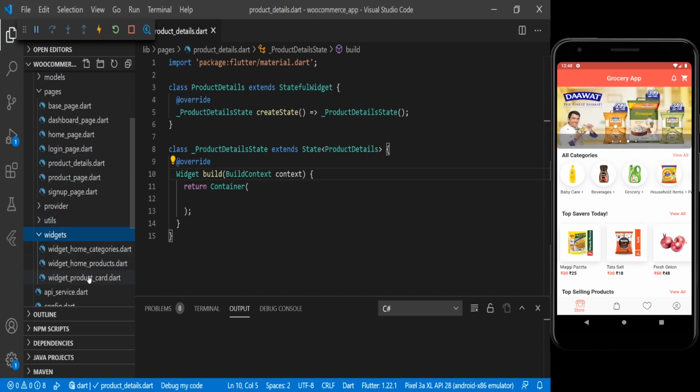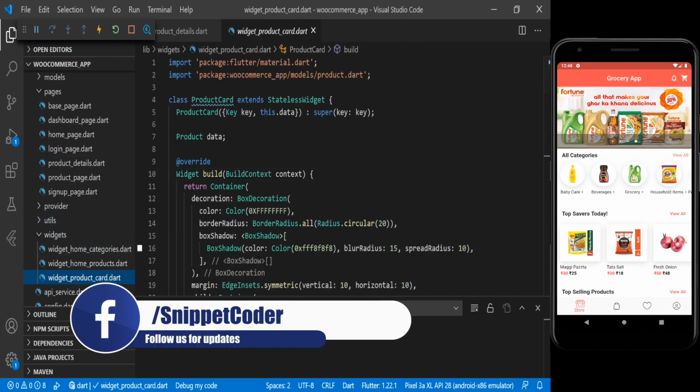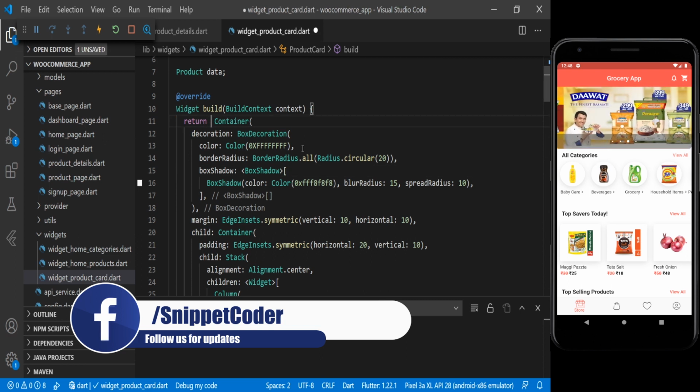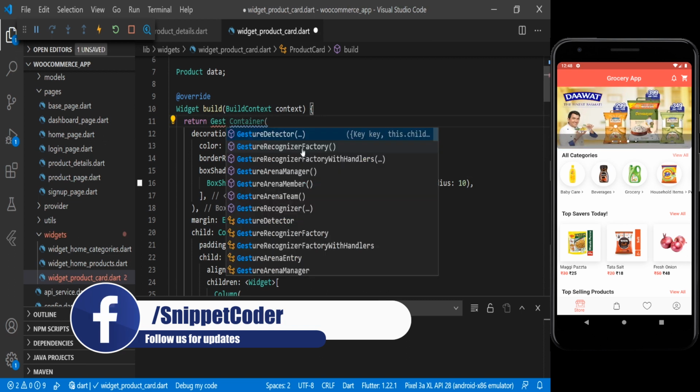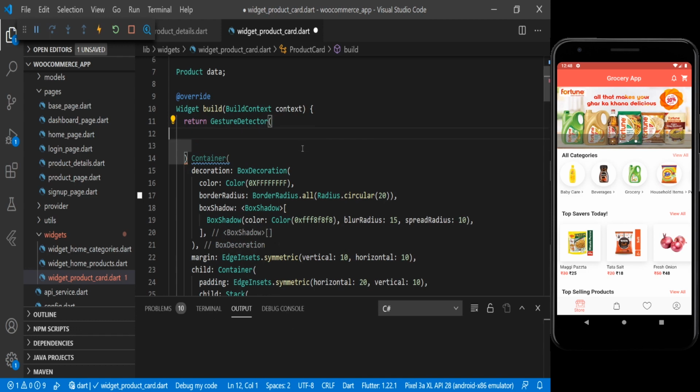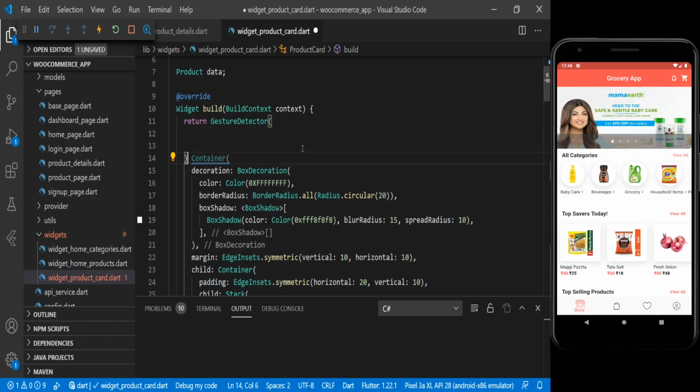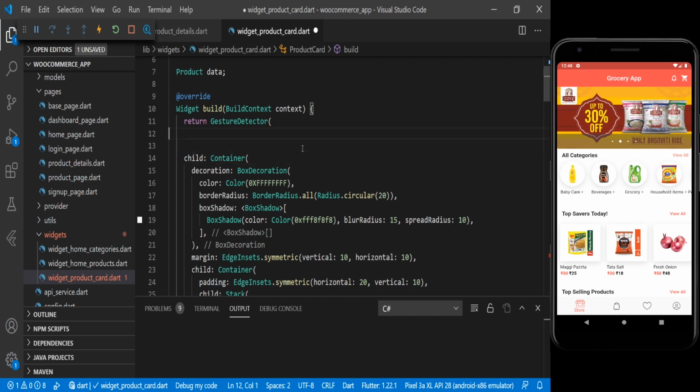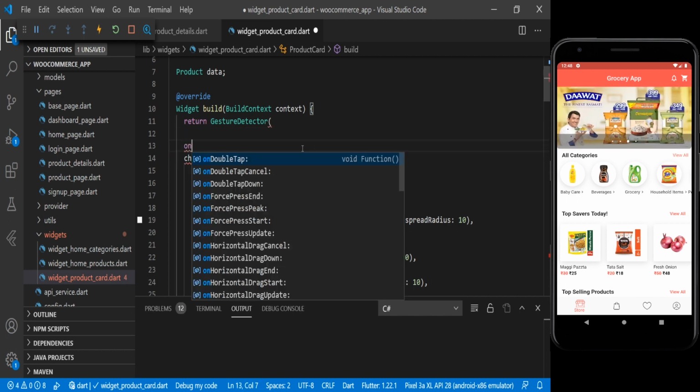And now we will link this product detail page with our product card. Here we will go to product card, and here we will add a gesture detector, and here child, and here we will have an onTap event.